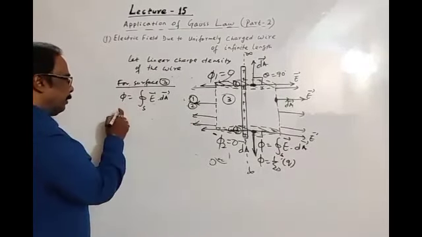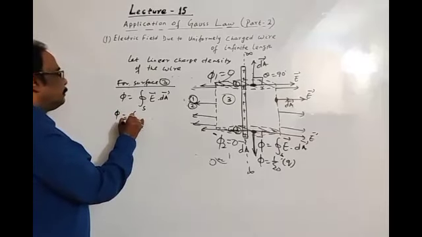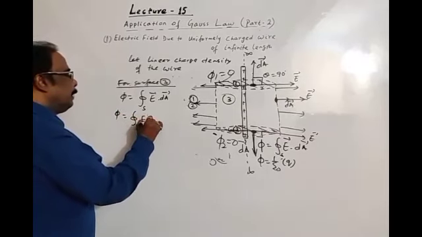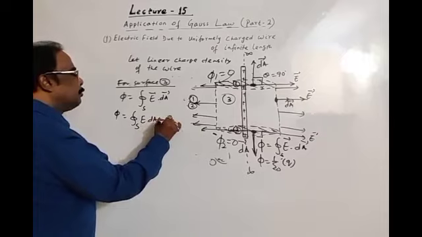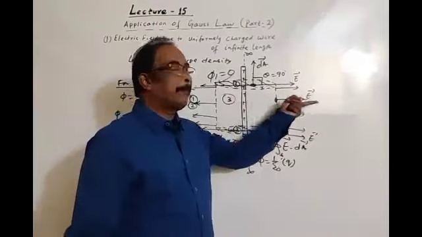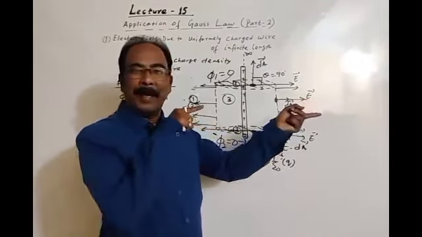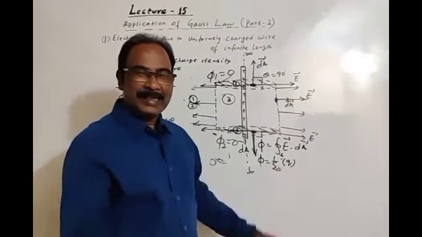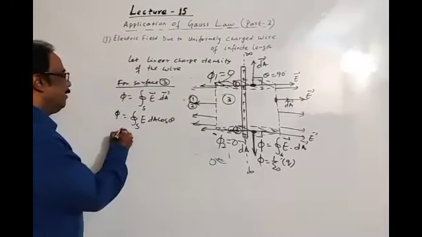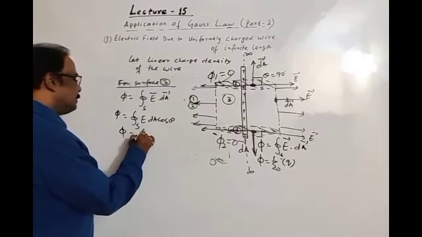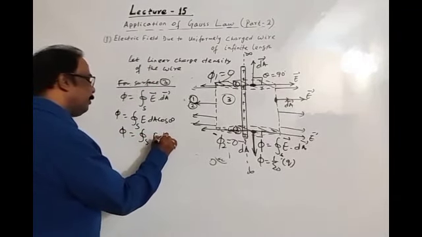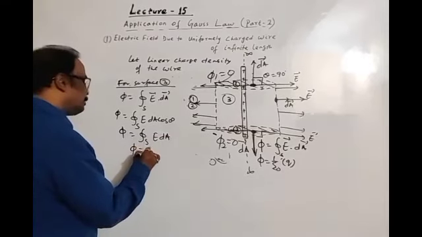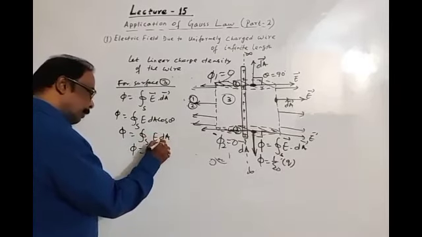Flux for surface 3 equals surface integral of E dA cos 0 degree, since here electric field and elemental area vector are in the same direction. So theta is 0 degree. Both are in the same direction. Then flux is equal to surface integral of E dA, and here flux is equal to E times surface integral